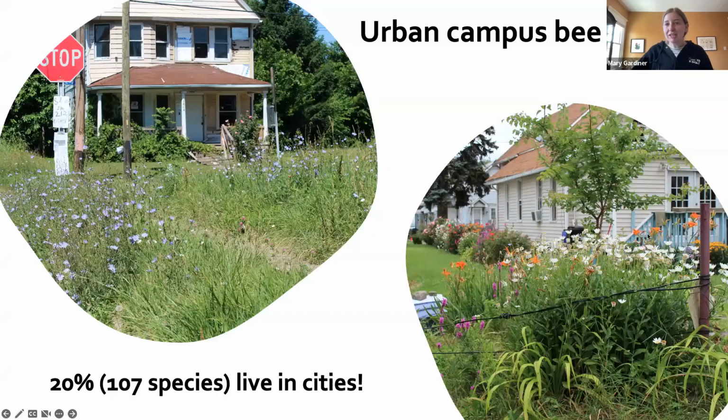And so this is challenging, especially because many of these are linked to cities. And so I think the first thing people would ask is, well, is it worth putting together bee habitat on a campus, a bee campus? Because OSU's campus is an urban campus. Well, actually, despite all of the challenges that cities provide, bees have found ways to exist within the urban environment when provided with the right kinds of habitat. And we found of those 400 species, about 100 species have been found in cities, and they occupy things like minimally managed green spaces that have weedy plants, people's gardens, purpose-planted bee habitat, parks, all sorts of different spaces.